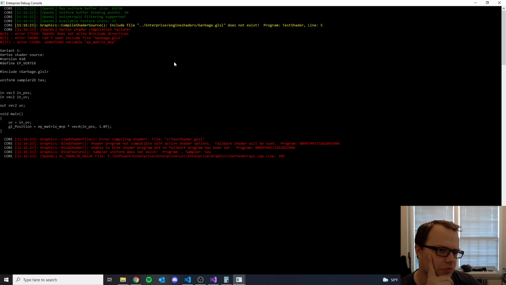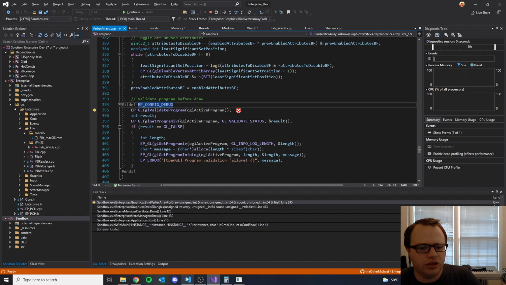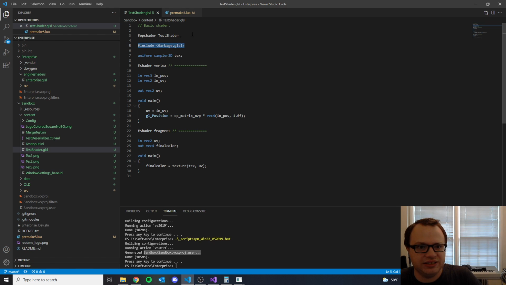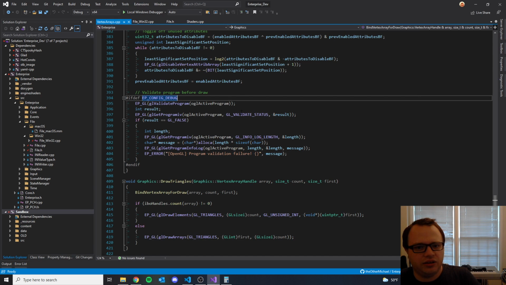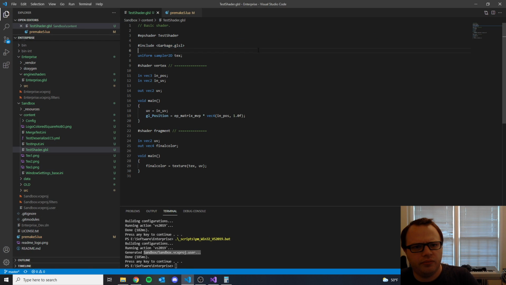So perhaps what we want to do is strip out the header. And so when it fails to load, we get the warning saying, include file, whatever, does not exist. We are looking for it in test shader line 5, which points you to the exact line of the source code. But if we want, we could then still strip that out and then send the rest of it to OpenGL and see if it can compile. I think that's what I want to try. I think now that I'm thinking through it, yes, I do want to have that behavior,